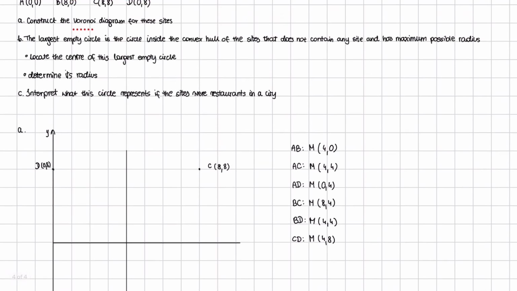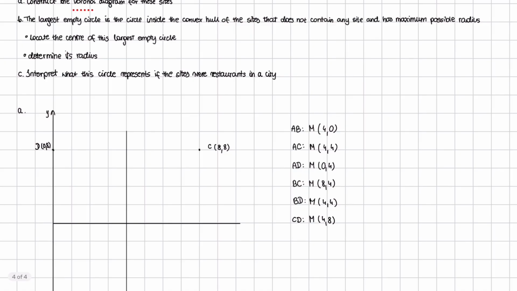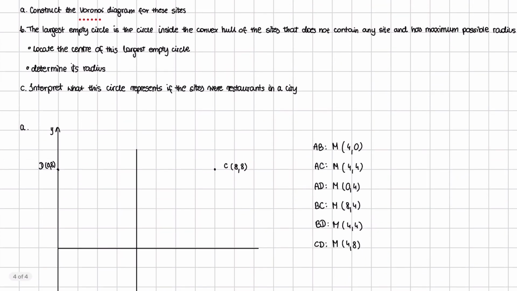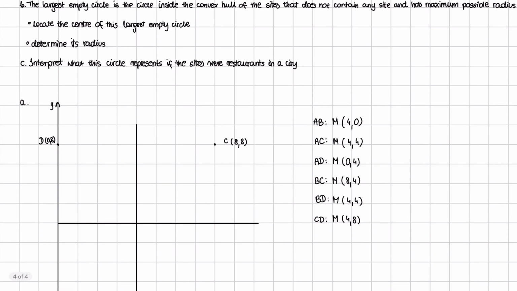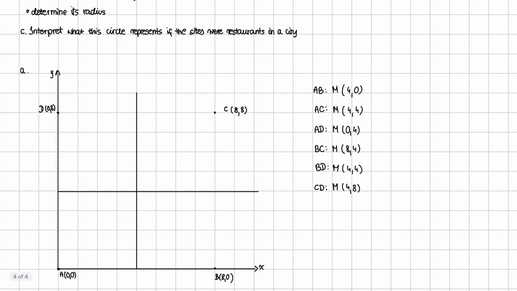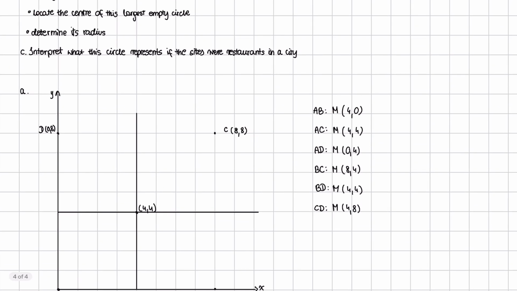B, the largest empty circle, is the circle inside the convex hull of the sites that does not contain any site and has maximum possible radius. Locate the center of this largest empty circle and then determine its radius. So firstly, locate the center of this largest empty circle. So here is a simple situation because our center will be in here. So 4, 4, because we have a square from our points, our center will be 4 and 4,